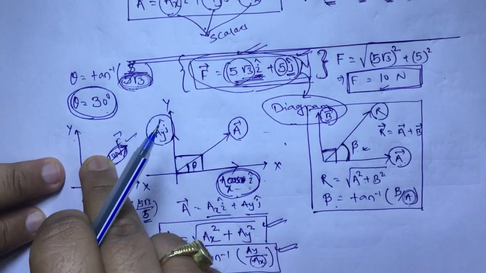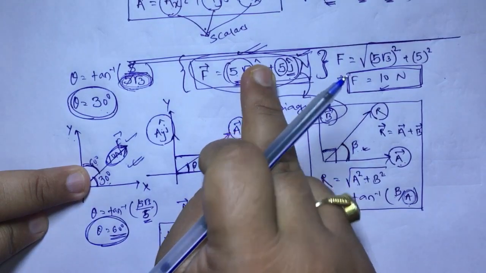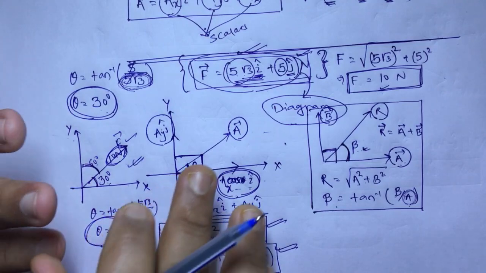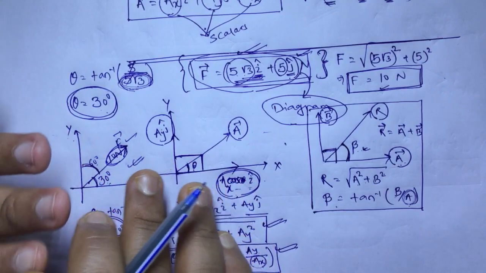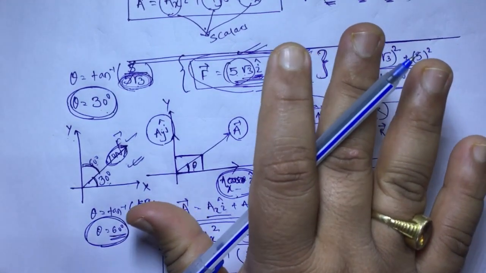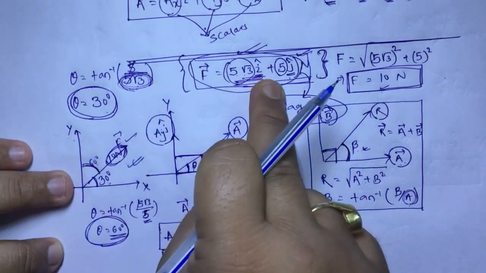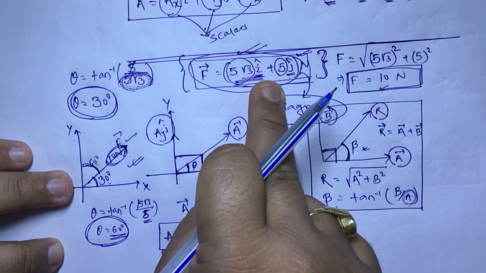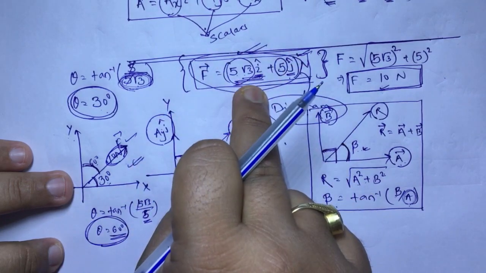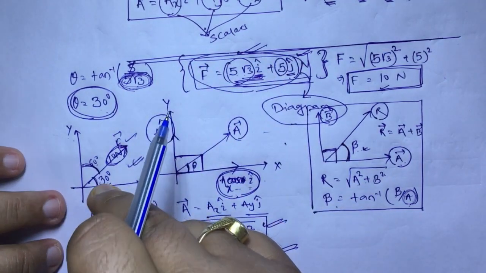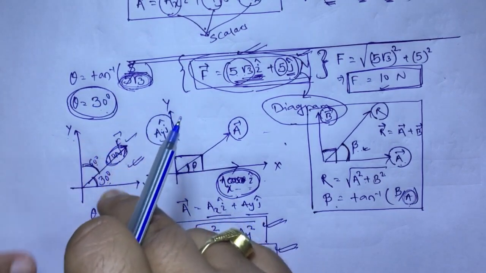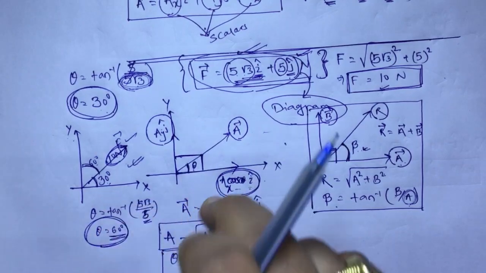If this thing is given, then we learn how to write this. Then if this thing is given, we learn how to write this. And that is the concept and aim of today's class. At the initial part I told you, I want to write the mathematical form of a given vector, and also I knew the reverse process. From the mathematical form, I have written the diagram form, or I know how to draw the diagram form.